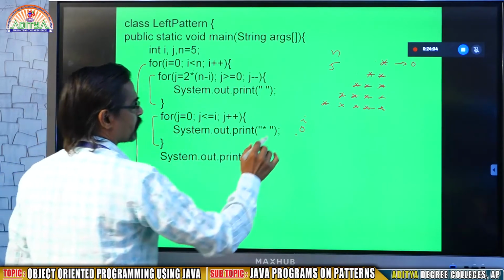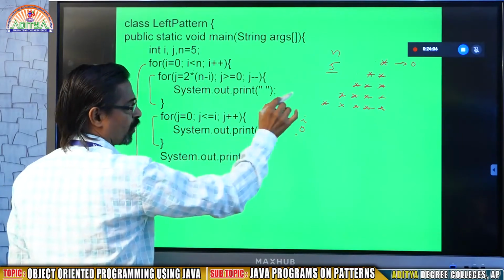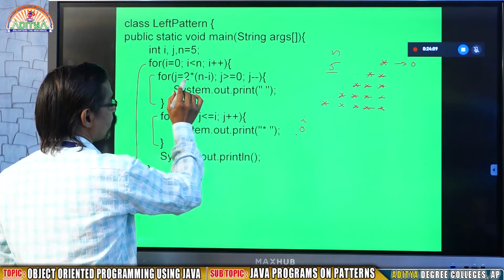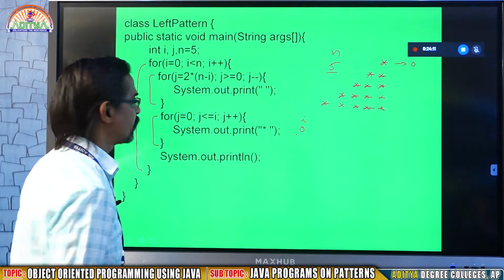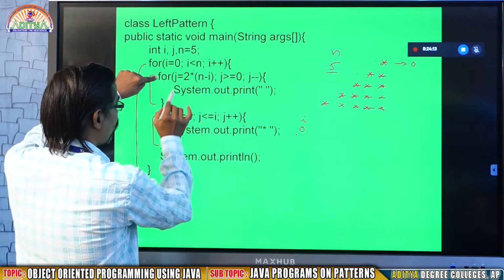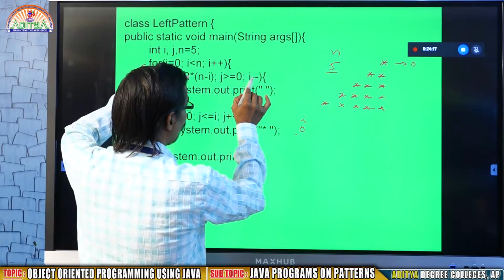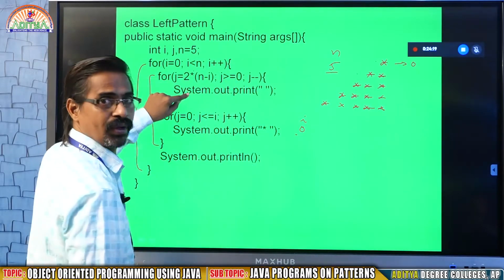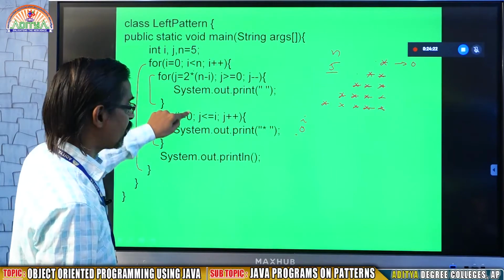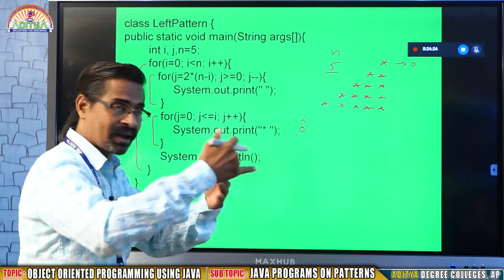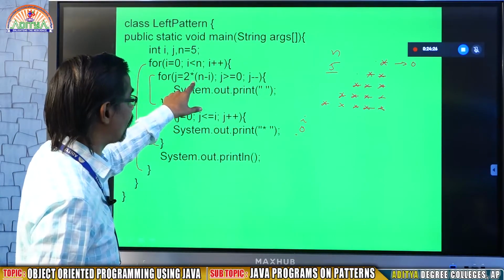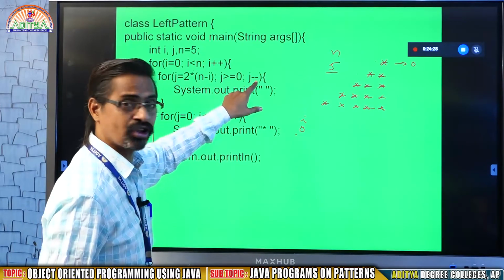That's why I gave for j equal to 2 into n minus i. What is n? n is already 5. i value is 0. 5 minus 0, 5. 5 into 2, 10. That means this loop will run 10, 9, 8, 7, 6, 5 up to 0, in decrement order. I am decreasing the initial value 10 by minus 1.